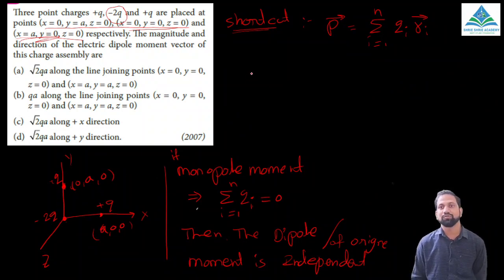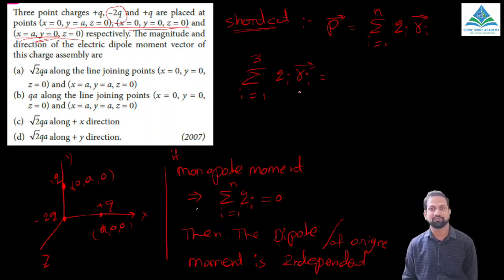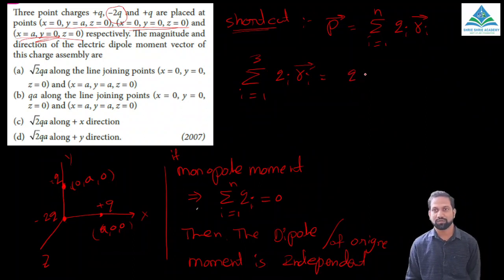If you apply this formula, if you expand this, you should take i value from 1, next 2, and then 3. So q1 into r1 vector